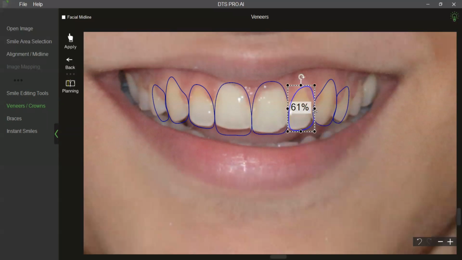I can just right click, resize and make this a little narrow. You can even plan one side and then mirror it on the other side. So let us do a very gross finishing and then we will insert textures.